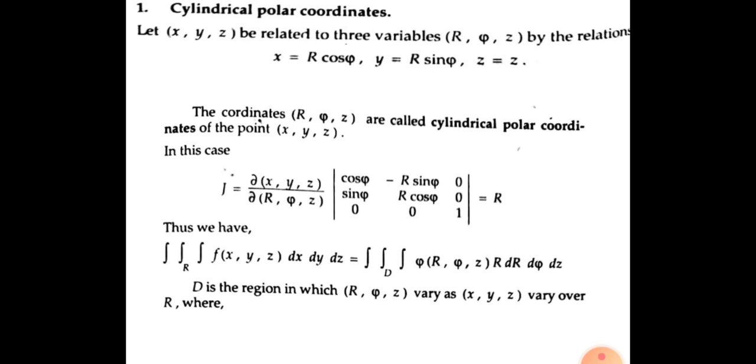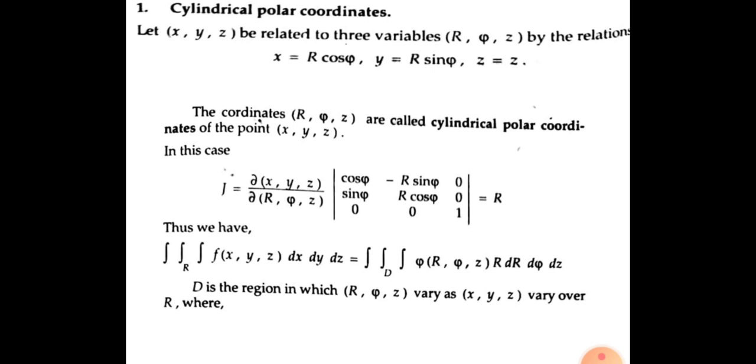Next, ∂z/∂r. To get ∂z/∂r, ∂z/∂φ, ∂z/∂z, differentiate z = z partially with respect to r, φ, z. ∂z/∂r is 0, ∂z/∂φ is 0, ∂z/∂z is 1. So after evaluating this